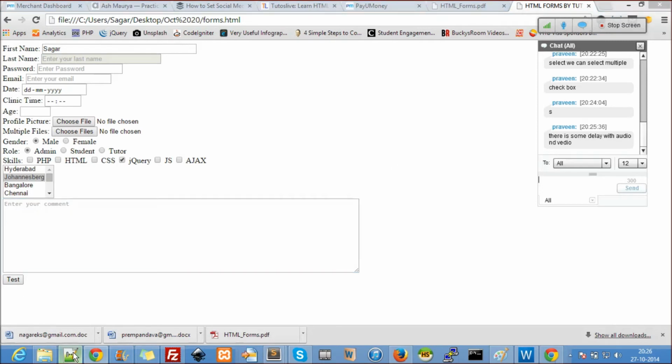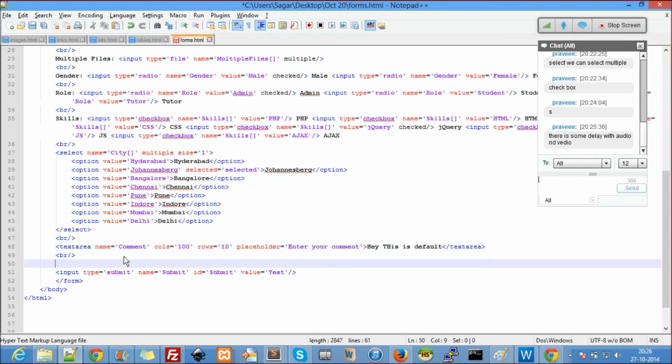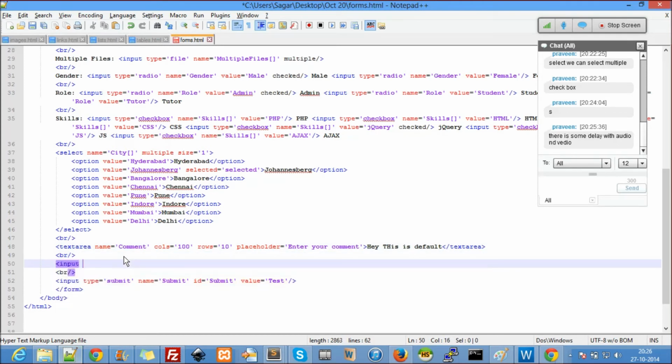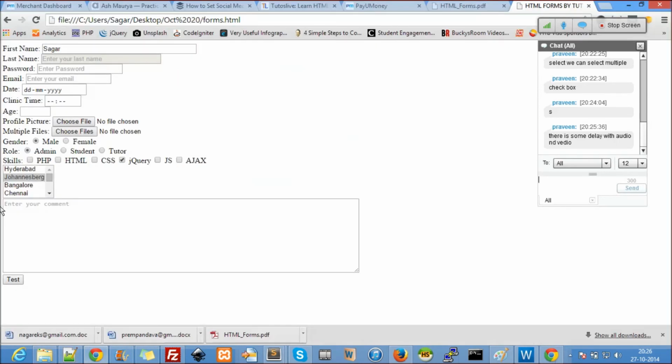One more last thing I told you. The last thing is input type equal to reset, name equal to reset, id equal to reset, value equal to reset. I won't use a br in between these two, instead I use a different one. So let's see, this is reset, this is test, right?